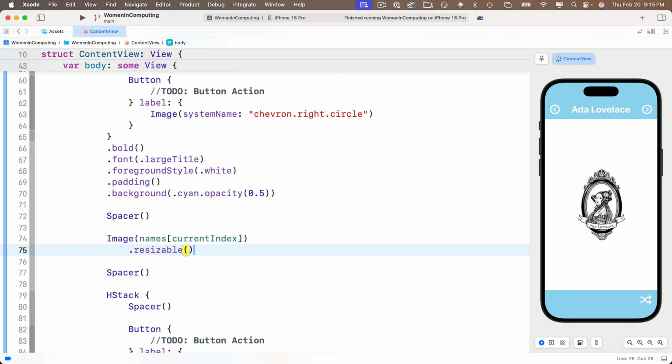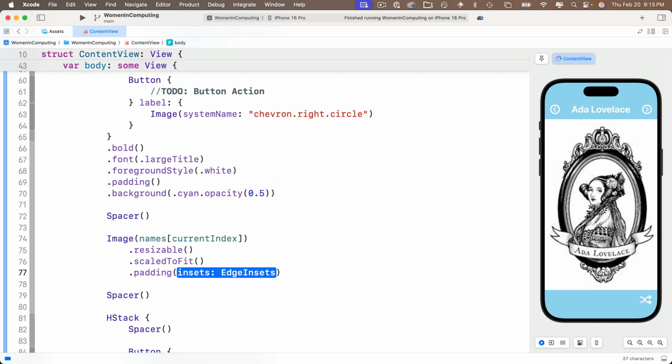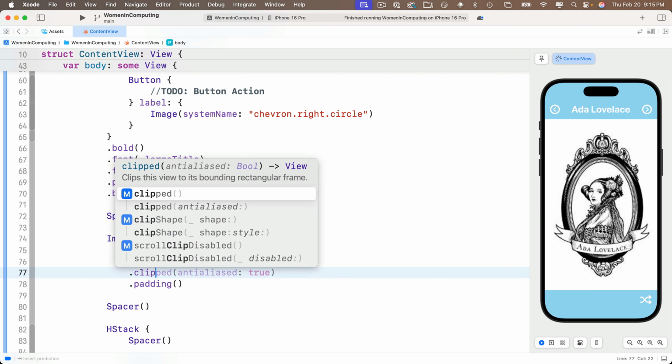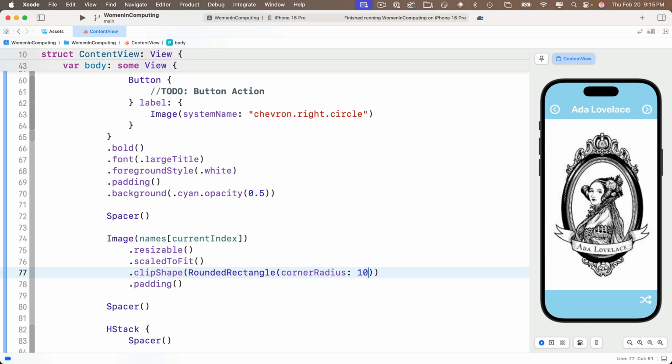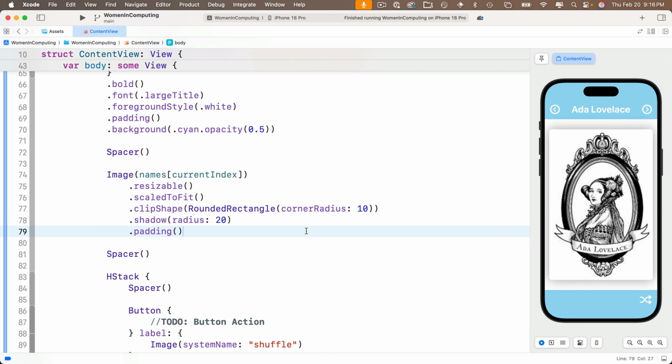So we'll say dot resizable and dot scale to fit. We'll also add some dot padding, and above this we'll say dot clip shape, passing in a rounded rectangle with a corner radius, passing in the value of 10 as asked. Then to create a shadow, we'll pass in our dot shadow with a radius of 20. Looking good, if a little bigger than we showed, but we haven't yet added our bio, so let's do that